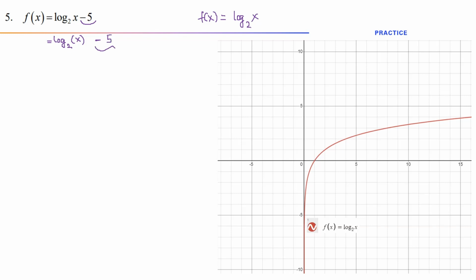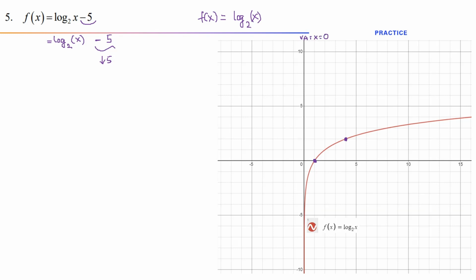So this one goes down 5 units compared to the parent function. So I find a point (1, 2). The vertical asymptote is VA,